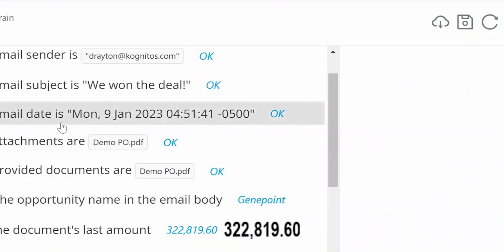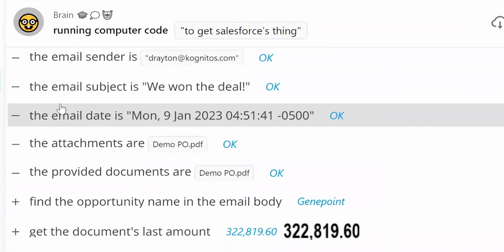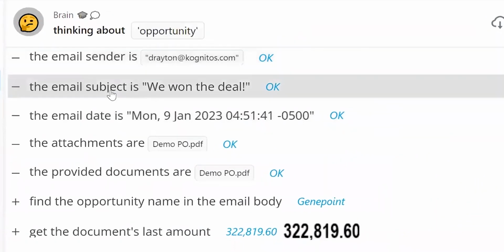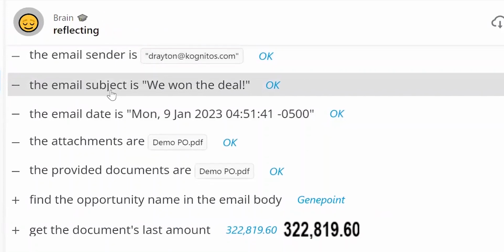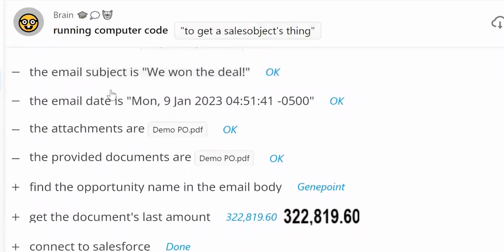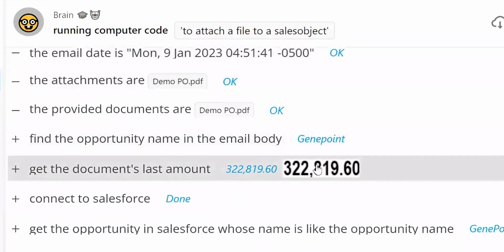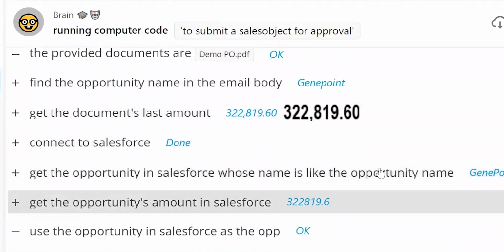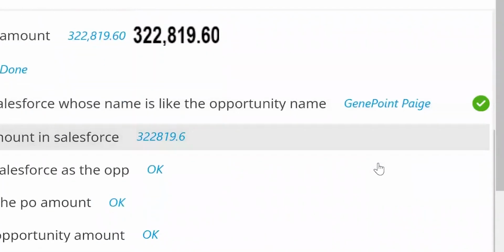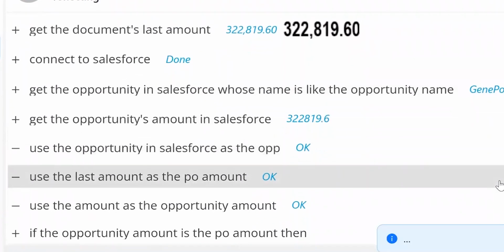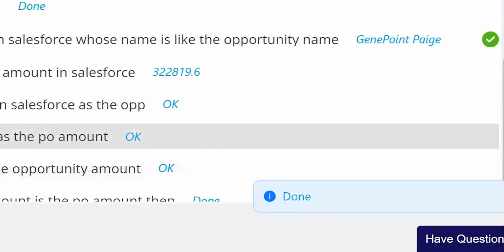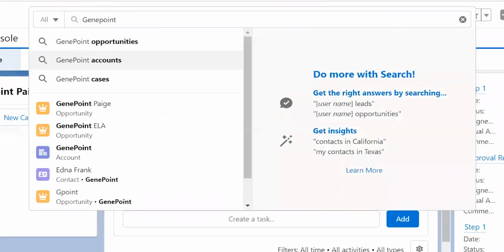We will hit submit. From there, Cognitos will go and start working its way through each of these steps. Each of these steps is available in English, so should any sort of problem occur, you can easily go back later. We'll notice we have the amount here. We have the correct opportunity name. It is working its way step by step through,